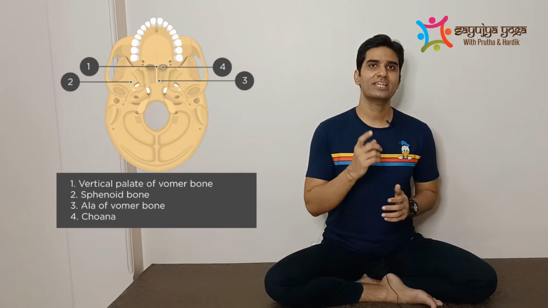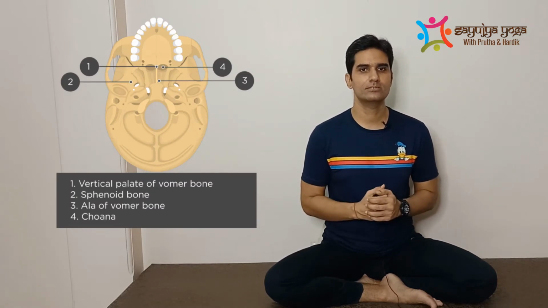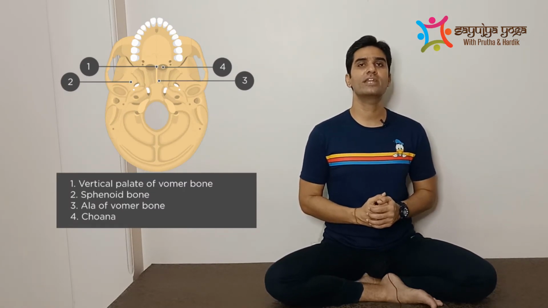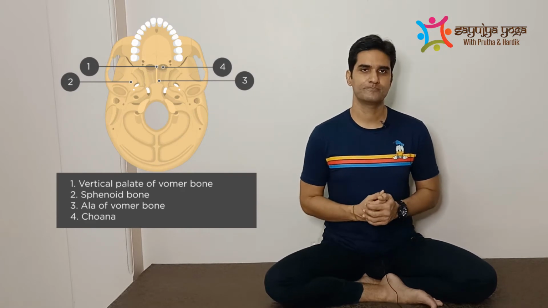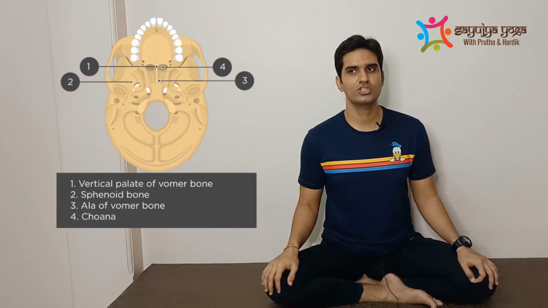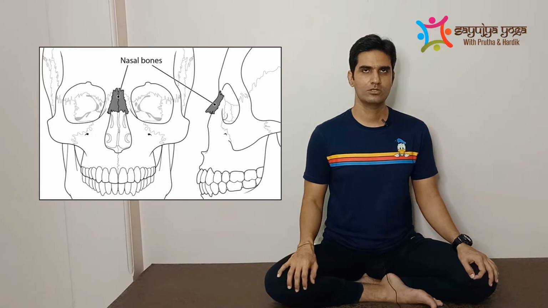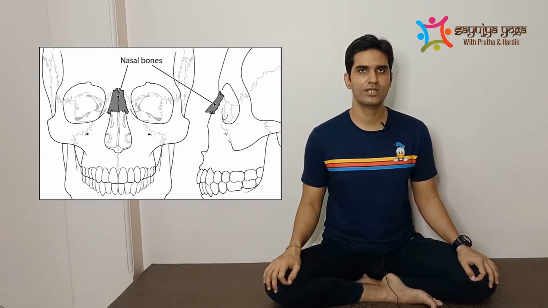So friends, let's move towards the next bone, which is called the vomer. This thin flat bone forms the inferior part of the nasal septum. You can only see a small part of it when you look at the skull from the anterior view, because it extends deep inside the skull. You can see it better when looking at the inferior view of the skull. Now friends, all the rest of these facial bones are pairs. So let's move towards the pair of bones now.